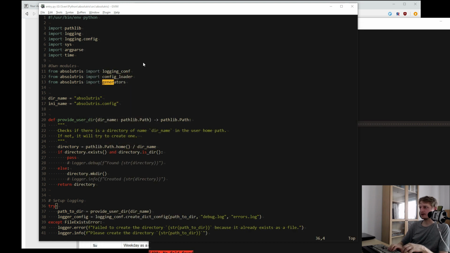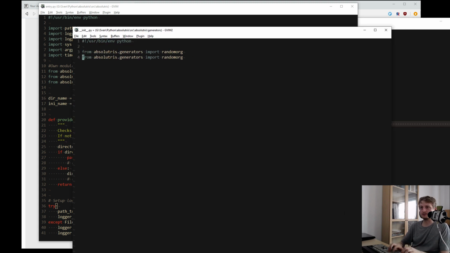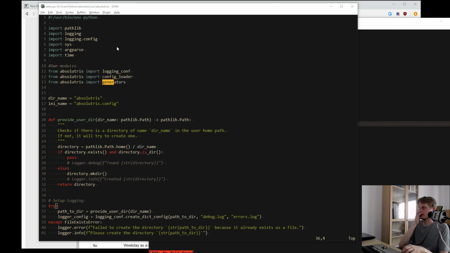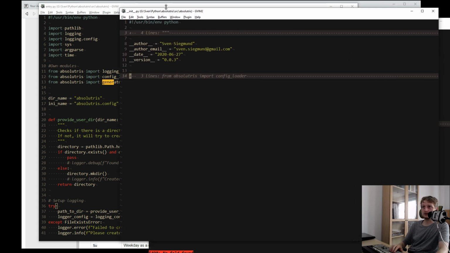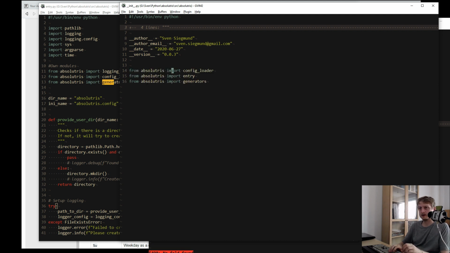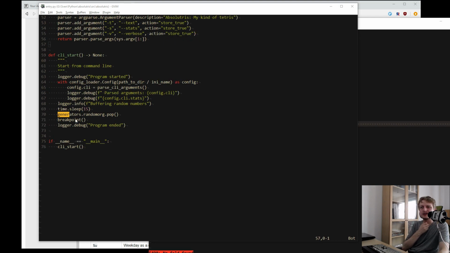So actually, if I say in the init absolutris import random org, I say import pygen, and then in the init, generators. Yeah, so in generators, instead of random org, I could actually also use